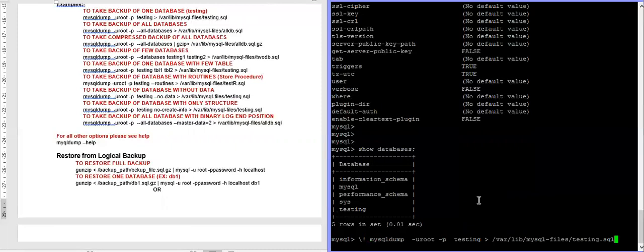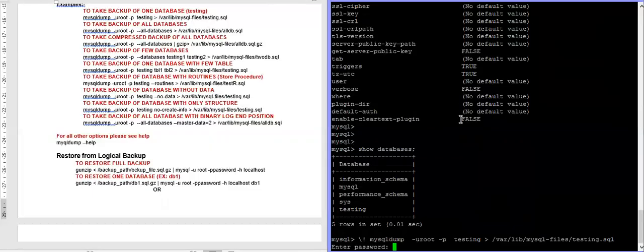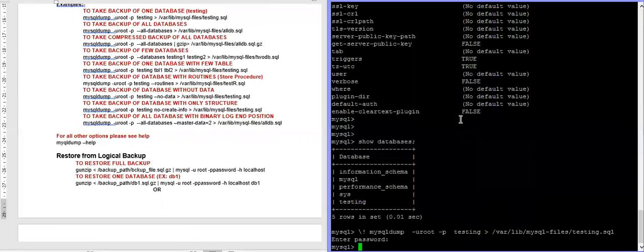Okay, now it will create a testing database backup. Now I have to write the password.